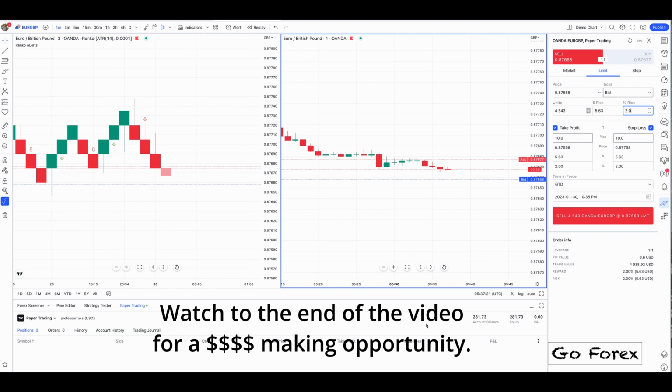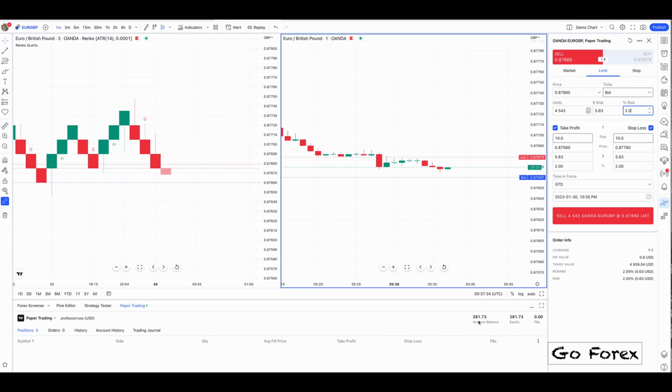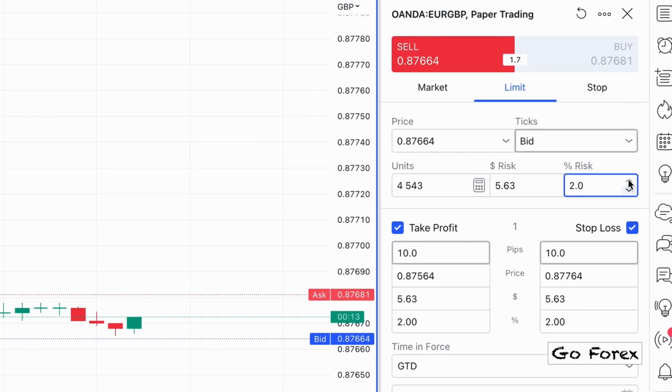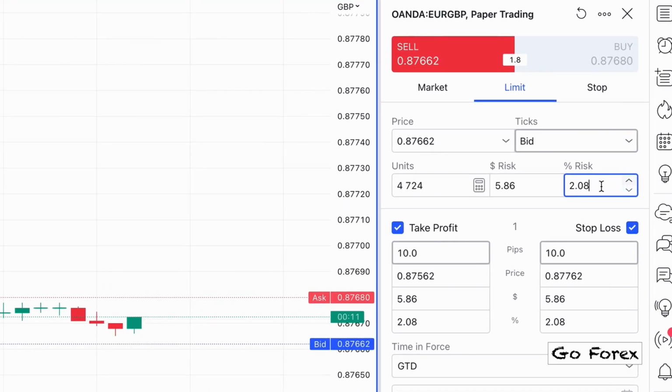If you're paper trading right now, you're not trading on margin. You can do anything you want. You can take your account balance into the negative figure and nobody cares. Nobody's going to do anything. You're not trading real money. But when you start trading real money, you have to watch margin. And here's what will happen. Go here to my order panel. When you start increasing your risk